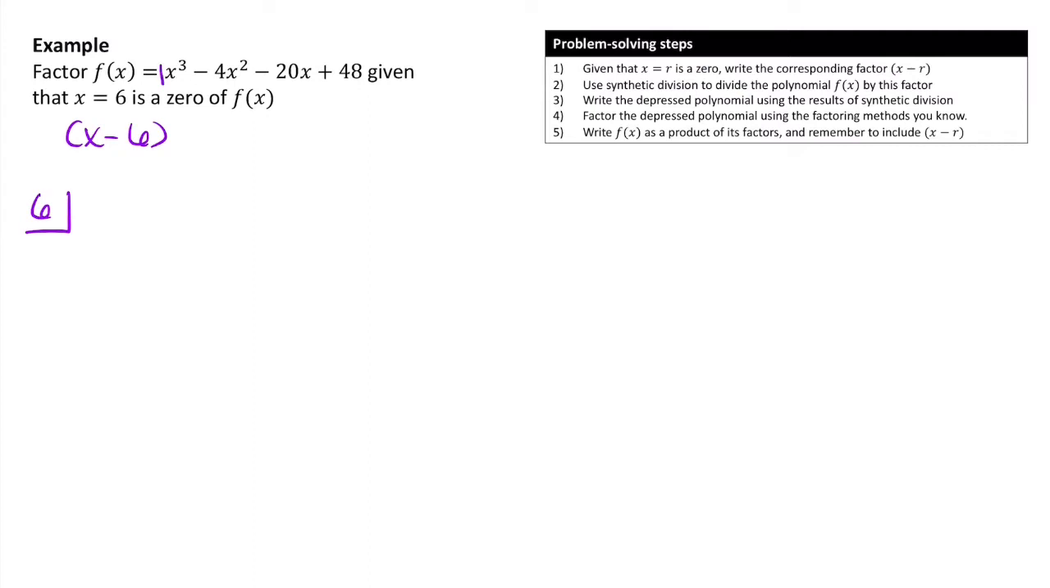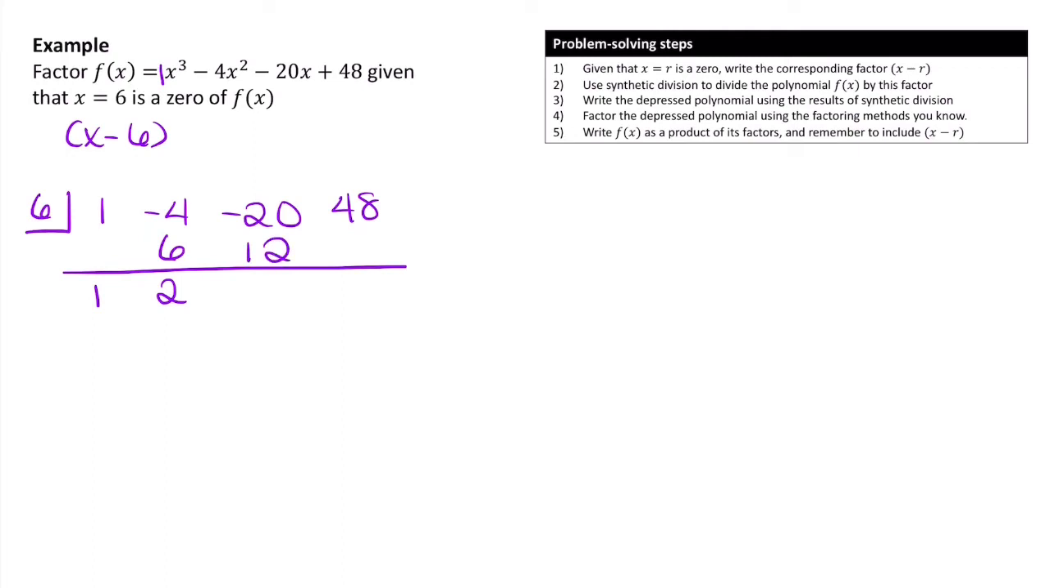Just going to add in that coefficient of 1, so I have 1, -4, -20, and 48. Okay, so let's use synthetic division here. I'm going to bring down 1. 1 times 6 is 6, -4 plus 6 is 2. 6 times 2 is 12, plus -20 is going to be -8. 6 times -8 is -48, and -48 and 48 are 0, which makes sense because we know that x minus